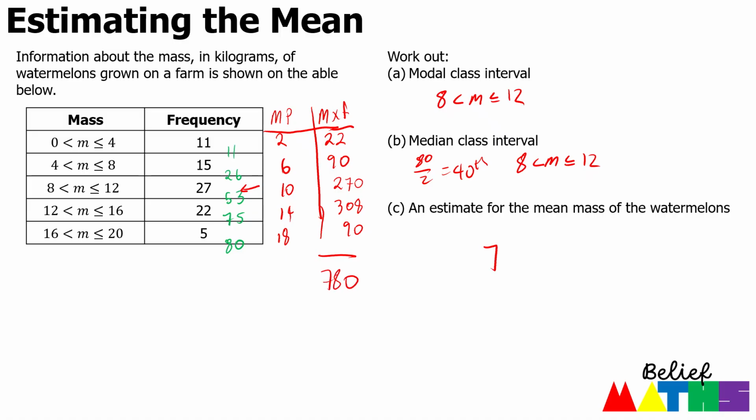That's the mass of all of our watermelons. And in total we had 80 watermelons, so we divide that by 80. And again, remembering that our value should be somewhere between 0 and 20 because that's our range of values. And we get